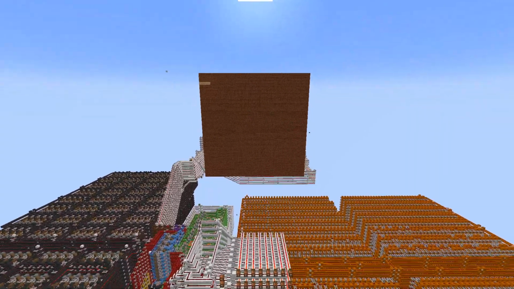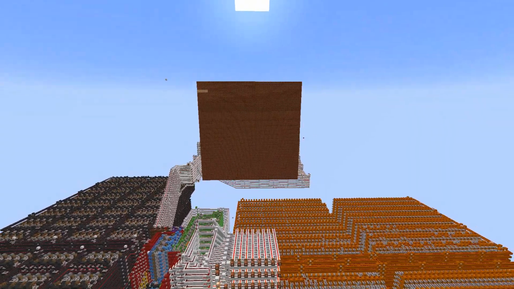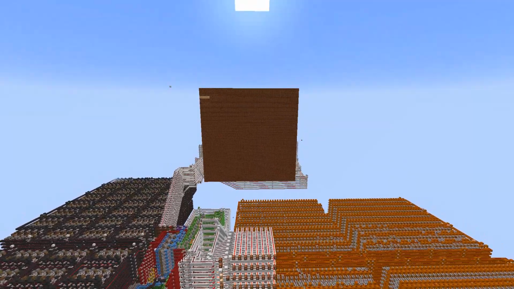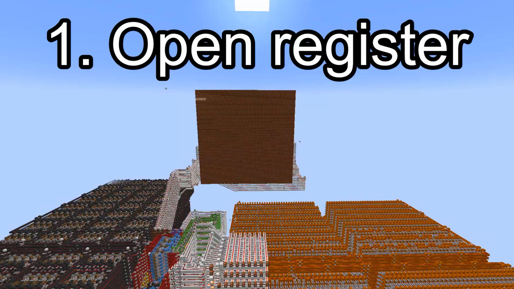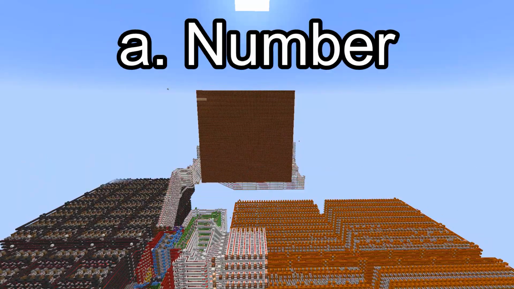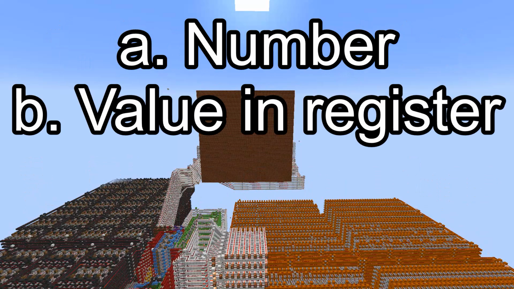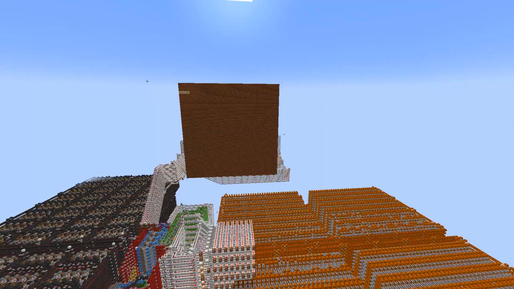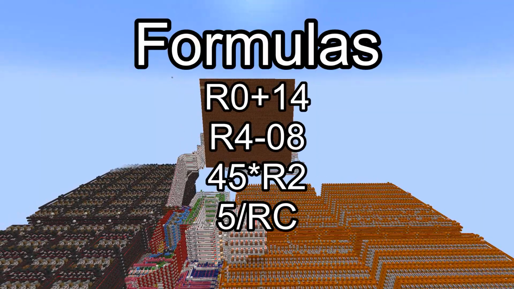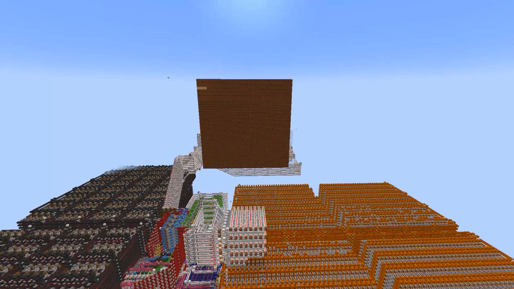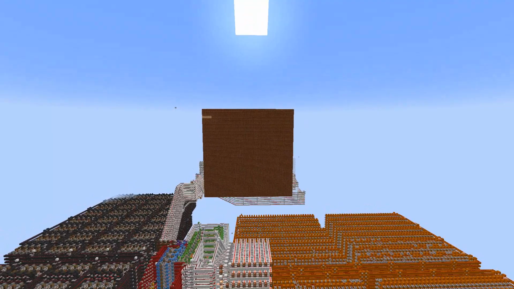So this was kind of part one of my data section of my operating system. I showed you guys how I can open a specific register and store into it either a normal number or the value in another register. Next, I'm going to be covering the formulas, which is going to be like a combination of registers and numbers. So I can do a register plus another number or a register minus a register, any combination of that. It's going to be a little more complicated than this, so I might break it up into 2 parts,